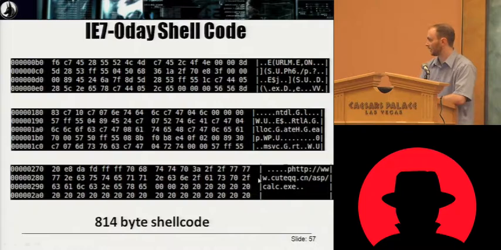Now in this particular example, the IE7 XML overflow, they have a lot of spacing at the end of it, which doesn't make a lot of sense. There's no point for this. These are more or less no-op instructions, but there's no need for them at the end here. But this is kind of where it goes.